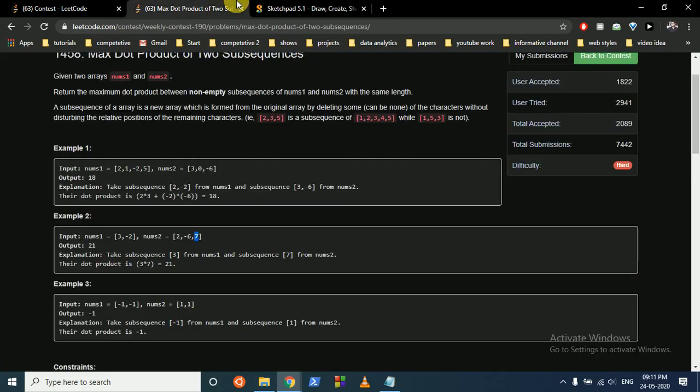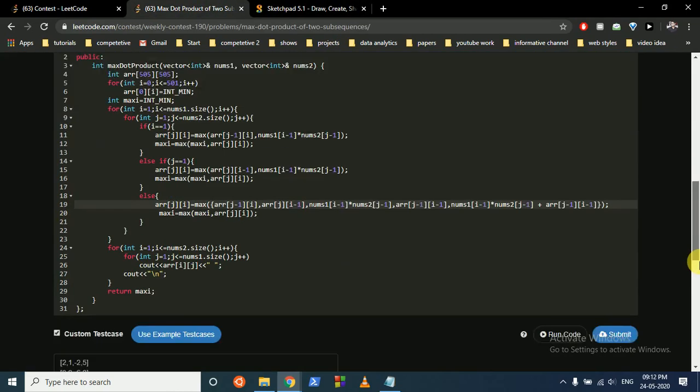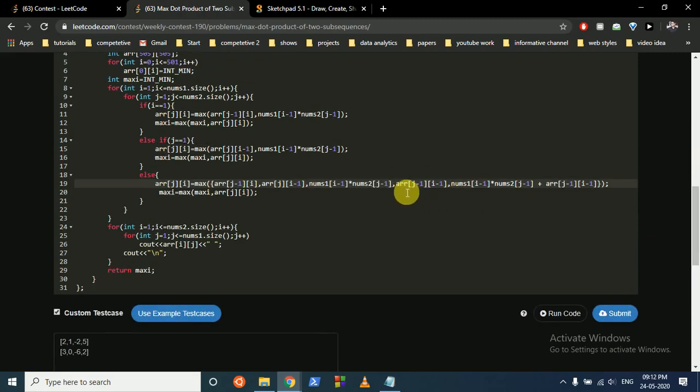So for including only this part, we will multiply only the elements, or take the diagonal element, or multiply those elements and add it with the diagonal, finding out the maximum of all these 5 conditions, and then store in maximum the maximum we have seen till now.